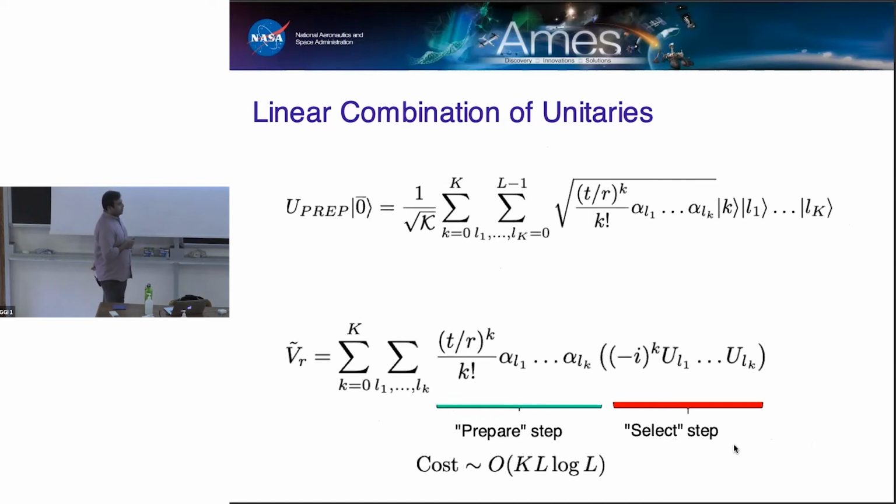So good. Now that basically completes our definition of the prepare step. And let me just say that it's a very small, perhaps barely noticeable change, but in the previous slides, I had this set of registers being truncated at small k to make it much more directly analogous to the power series expansion. But here, the method that I just described actually uses all big K registers. And that's totally fine as long as I'm careful about how I define my select circuit, okay? And so that brings us to this next step, the select step.